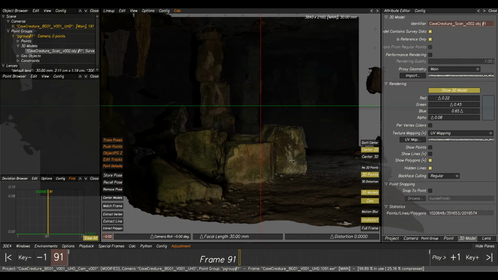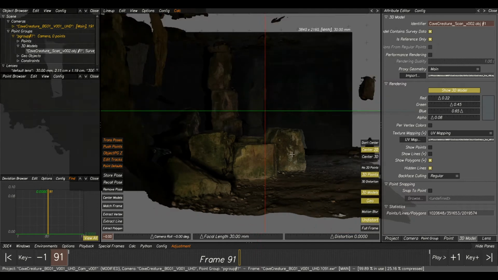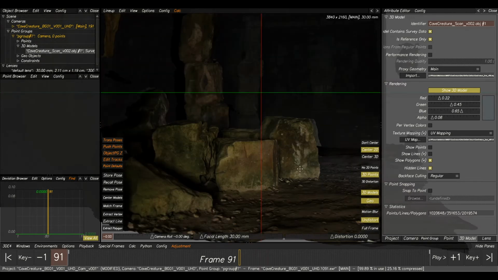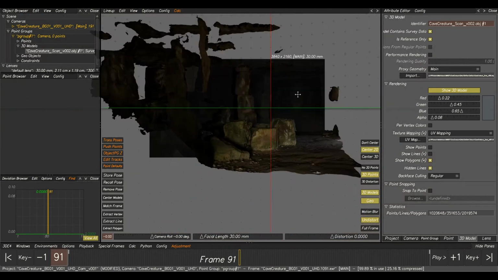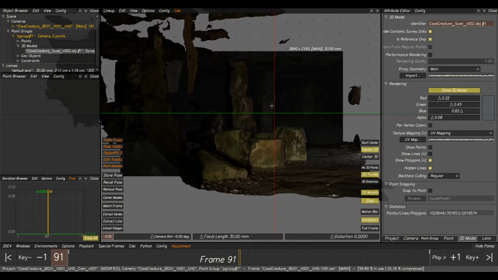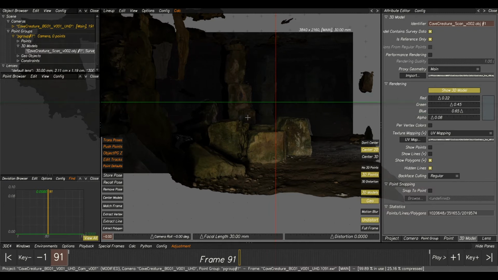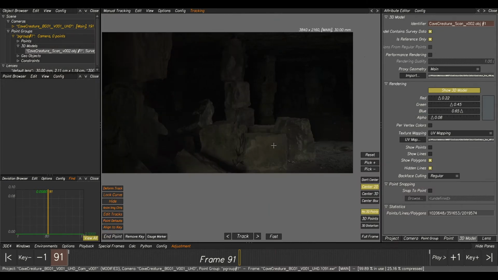So if we go back to F2, in fact, if we just have a look at F5, we can see what bits we can use. We've got quite a bit on the floor, and these rocks are pretty good, but it's so dark. I think really the scan didn't really hold out that well. So we've got quite a lot of detail here. So if we just go to F2,